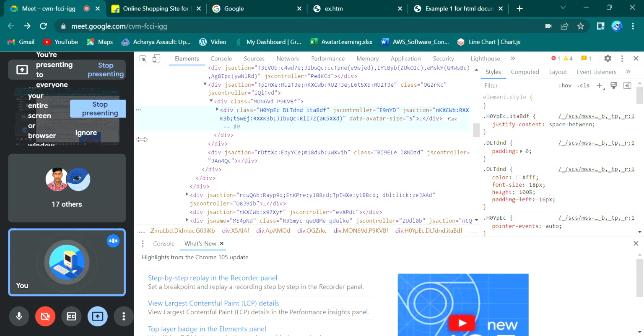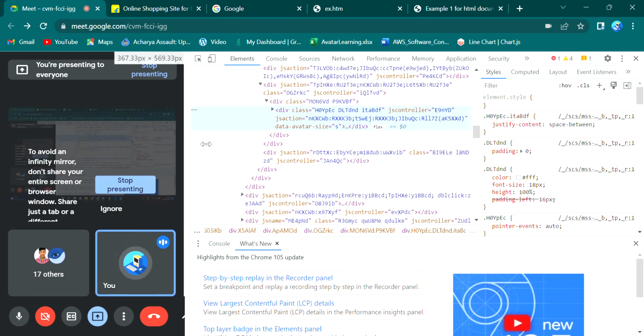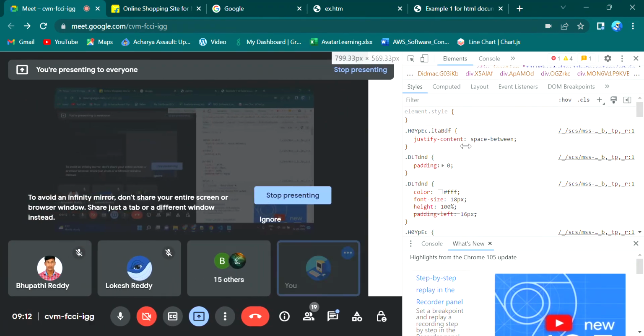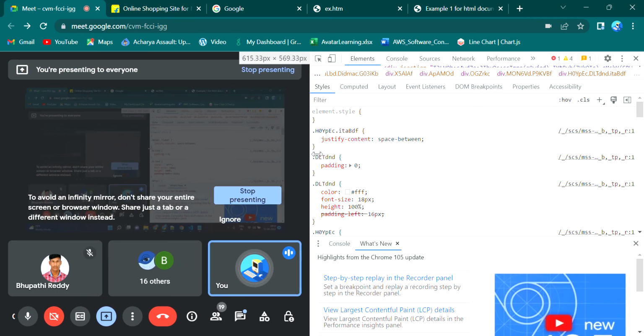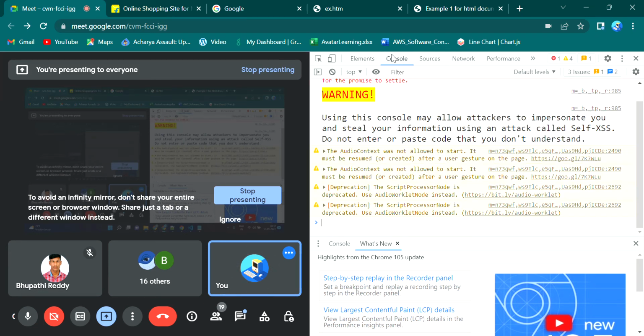This will be considered as a block-level element also, but if I see multiple elements in a single line, we can consider that as inline information. This is also in HTML only. With the help of CSS also we can have it. So now I'm opening